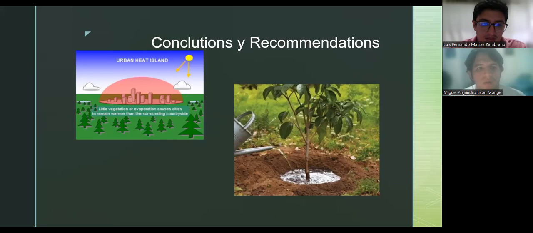Also, knowing that the Guayacan, that was the tree chosen for this project, is a tree that lives in hot and tropical climates, it can also be stress induced by high temperatures because it has a tolerance limit that is, if I'm not mistaken, around 29 to 30 Celsius degrees. And it was good to determine when was the perfect time to irrigate it in order to not overheat the tree and